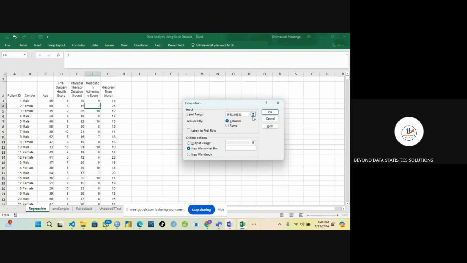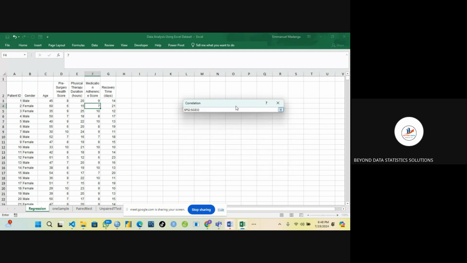Do you see this icon for upload? You click on it, and then you come here to medical adherence scores. So you select this range, the range of this data, medical adherence score and the recovery time days. So you select all this data on your left